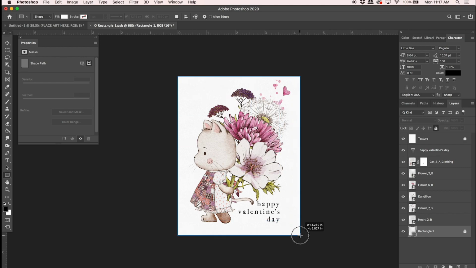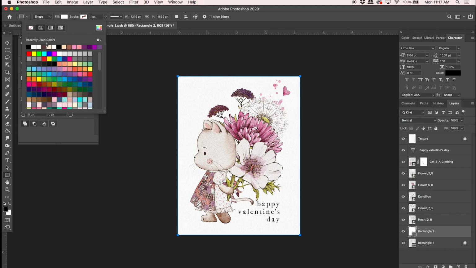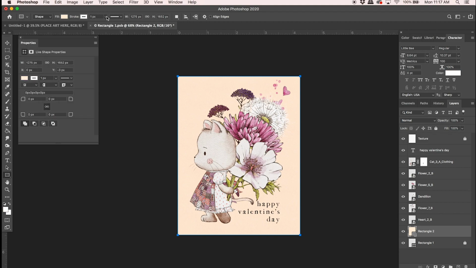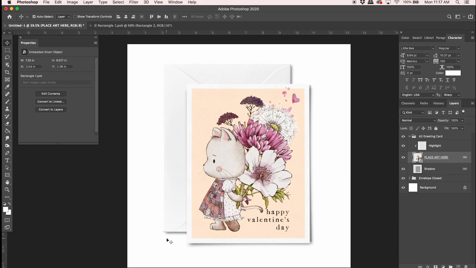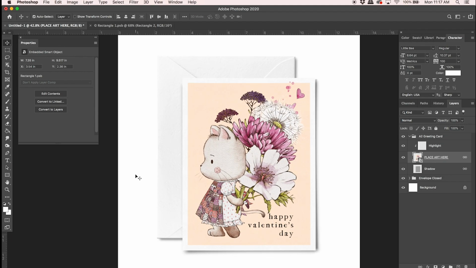So I'm just going to make this rectangle this size. I'm going to say the fill is going to be a yellow color, and I'm going to put a line on it, a white stroke rather, and just bump that up quite a bit. Like so. I think that should be good. Okay, and then just save your work, and we can go and see that. Rather cute. Okay. So that's a really quick and easy way to make an adorable little card using clipart from